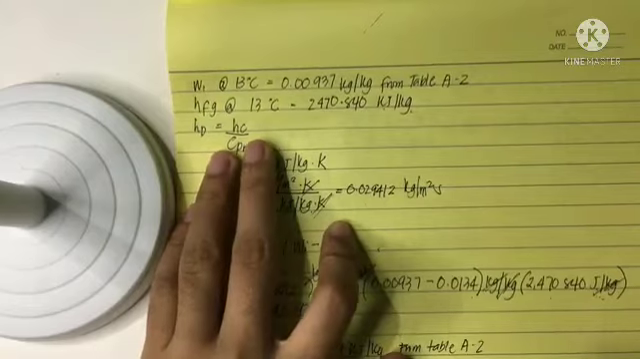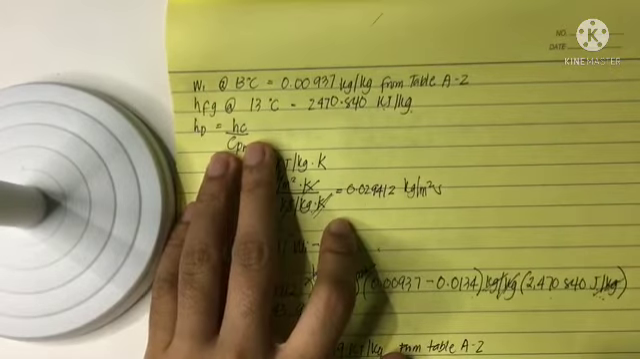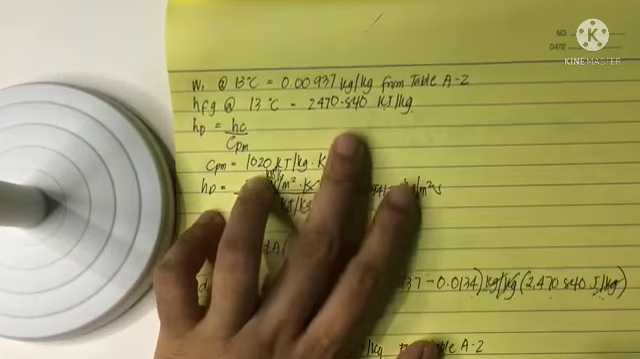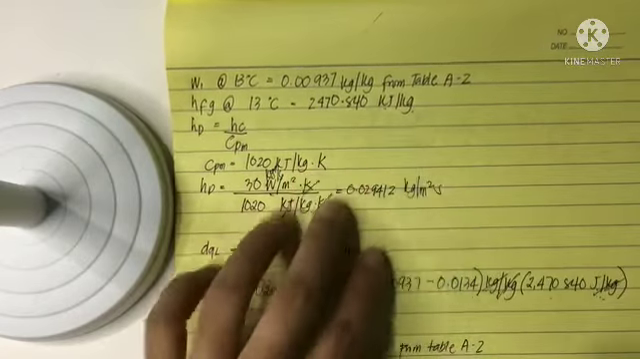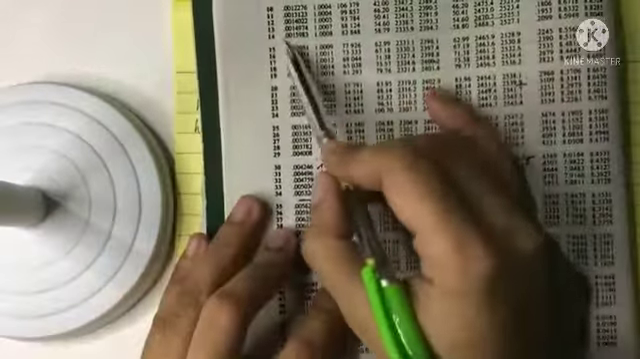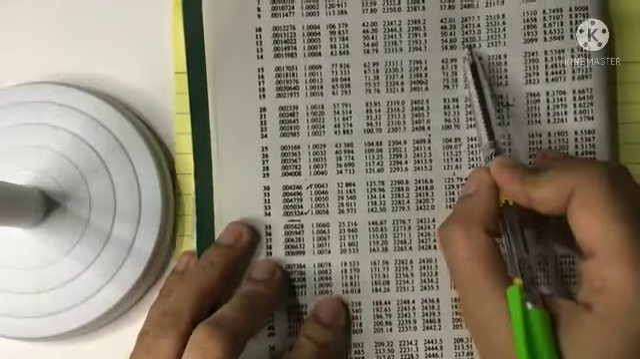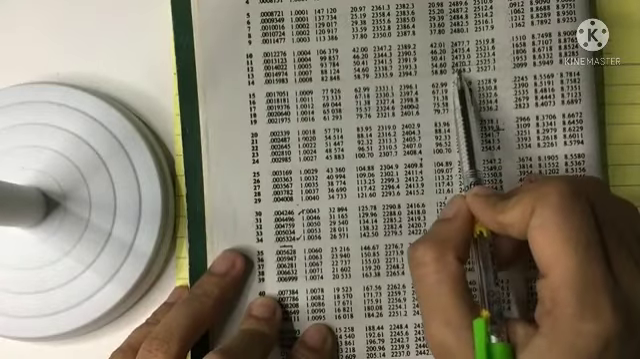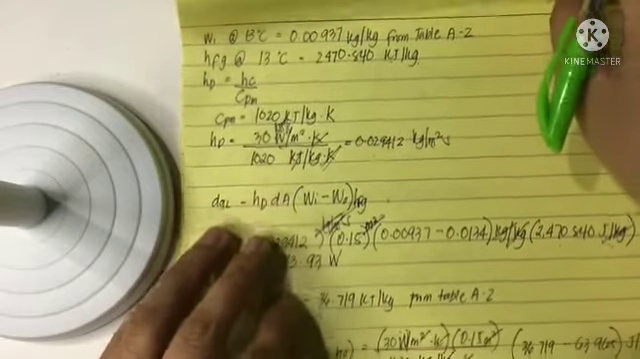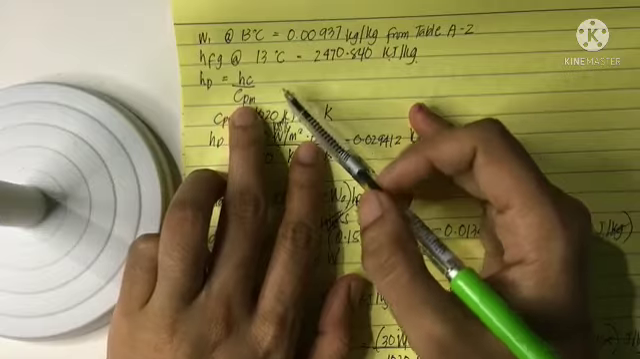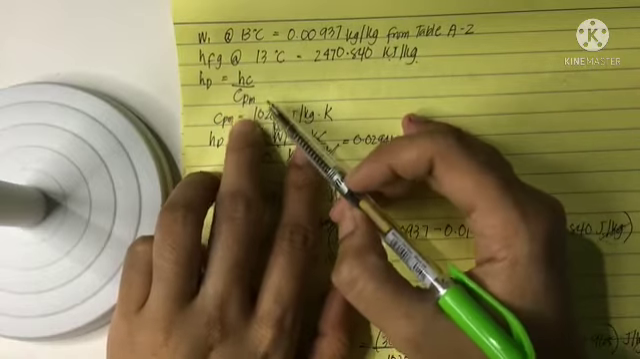So for our latent heat, the enthalpy at 13 degrees Celsius is equal to 2470.840 kilojoules per kilogram. Using the steam table at 13 degrees Celsius, it gives you an hfg of 2470.7 kilojoules per kilogram. So next, the proportionality constant is equal to the convection coefficient divided by